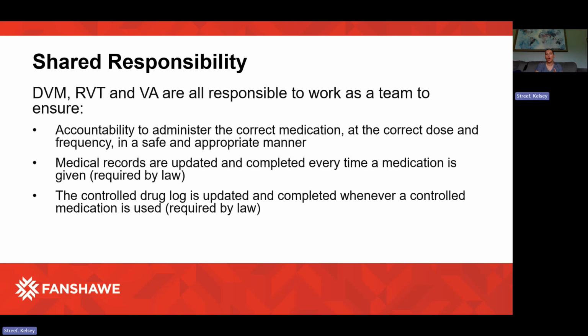The DVM, RVT, and VA are all responsible to work as a team and ensure the accountability to administer the correct medication at the correct dose of that medication, in the correct frequency of that medication, and within a safe and appropriate manner. So this means that as a VA, if we get handed something from a VT and we're like,